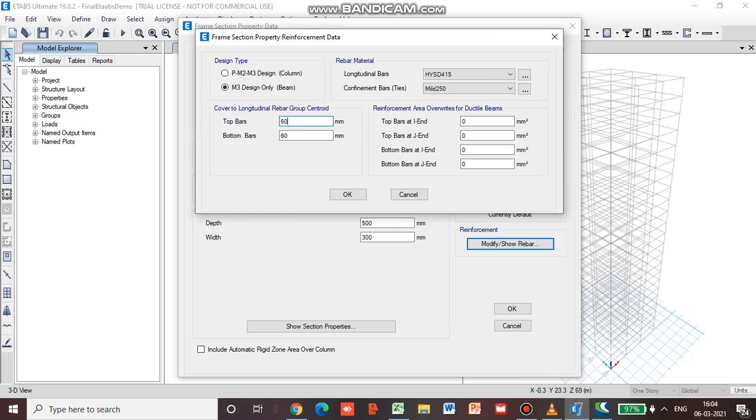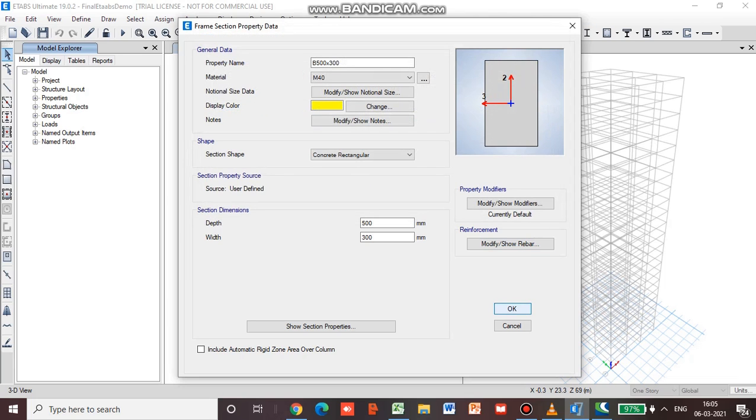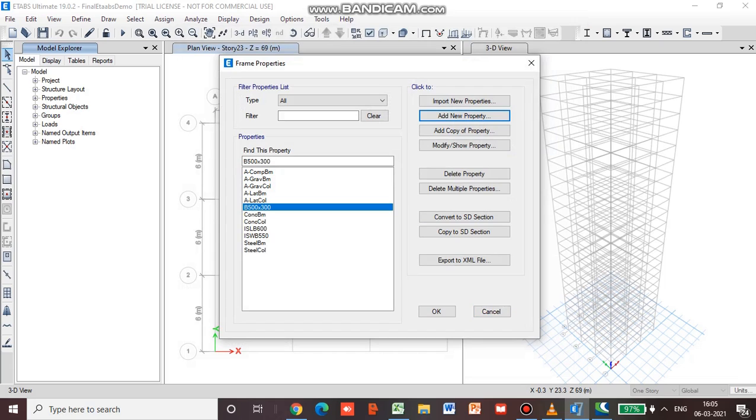We will give a minimum cover of 25 mm for the beams. And then we'll go for OK, and we will go for OK. So you can see this property in here.